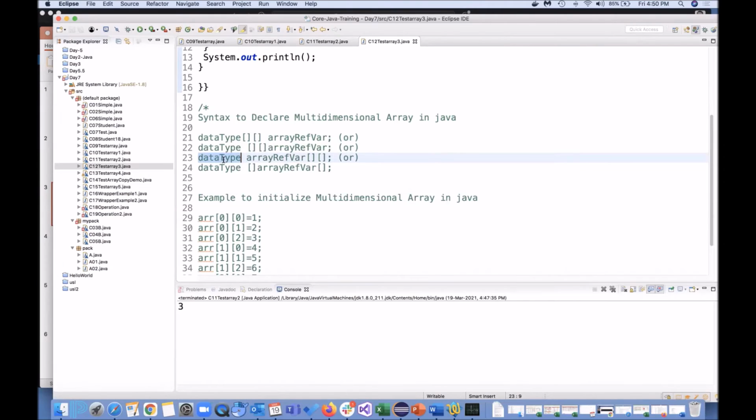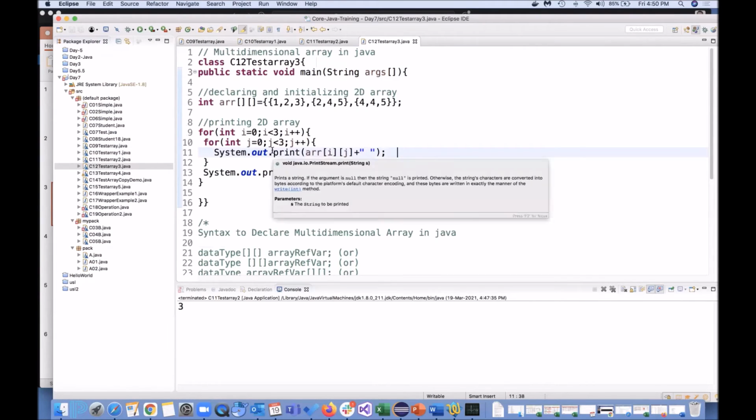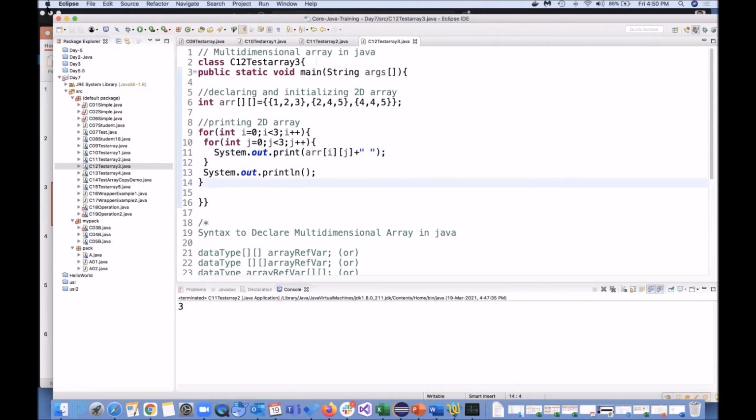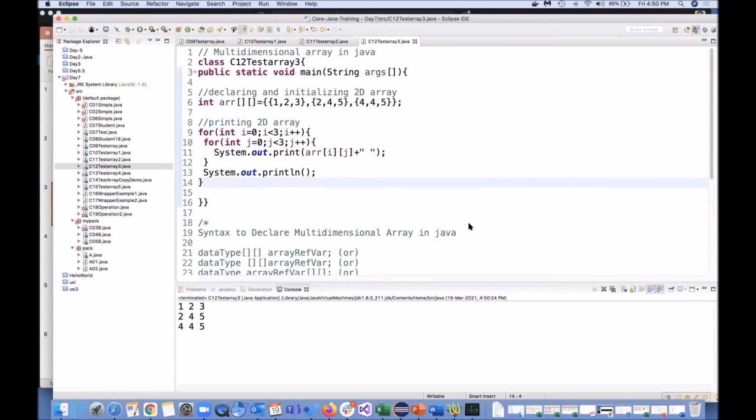Typically, the majority of the time, we do it like this one. See how here we are doing String args array. Okay, so 1, 2 is there. What is going to happen if I run this? 1, 2, 3, 2, 4, 5, 4, 5, 6.